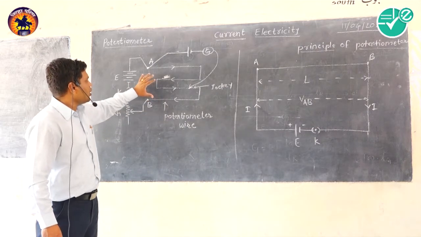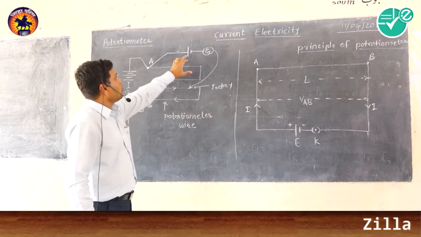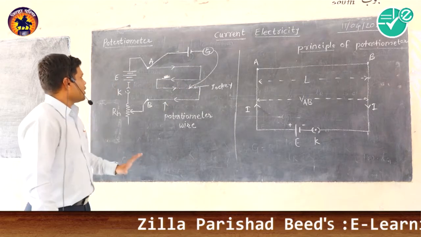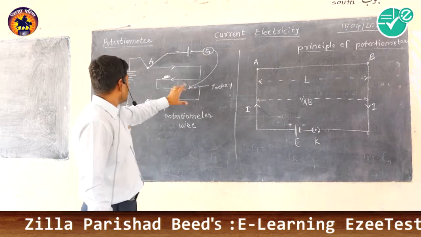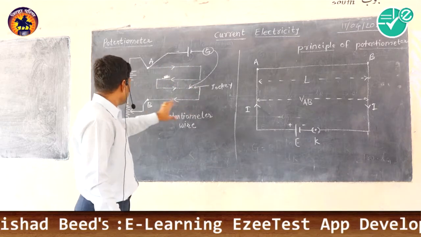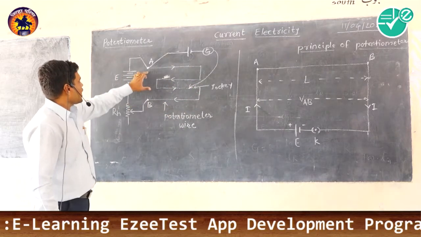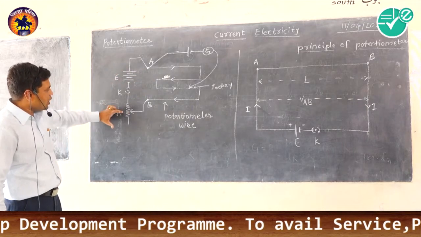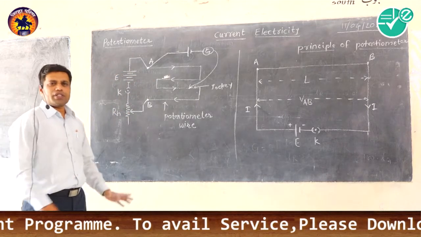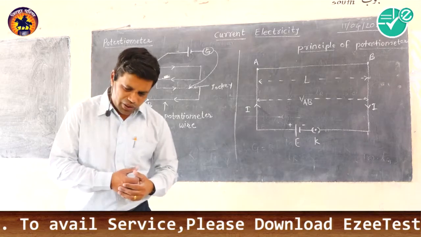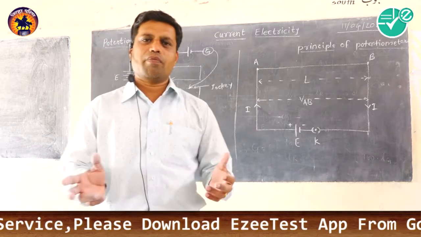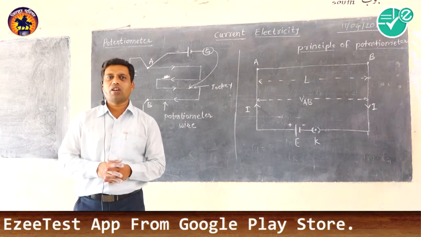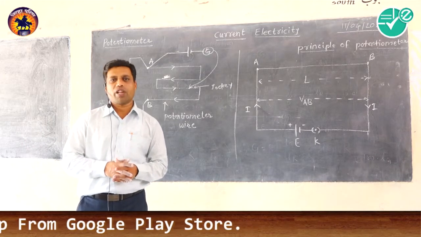This is the diagram of potentiometer to calculate the unknown EMF. So, this is the cell, and this is the galvanometer I have shown here. This is the jockey, and this is the several meter long wire stretched on a wooden board. These are the 2 points of contact A and B, and this several meter long wire is connected to a battery, key K and rheostat. This is a very simple arrangement. This is the circuit diagram. The actual potentiometer, as you have seen in your experimental lab, is a stretched wooden board having a number of turns of stretched wire up to 10 meter long.